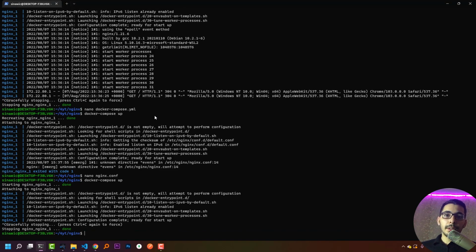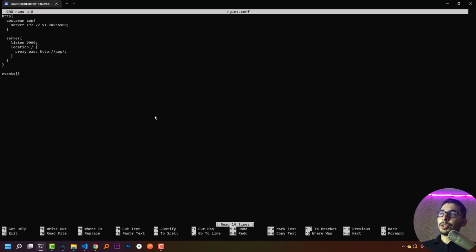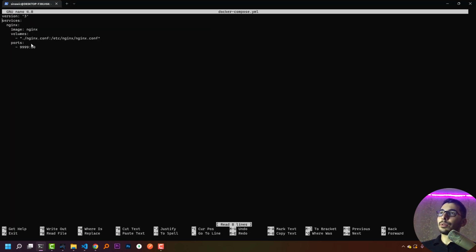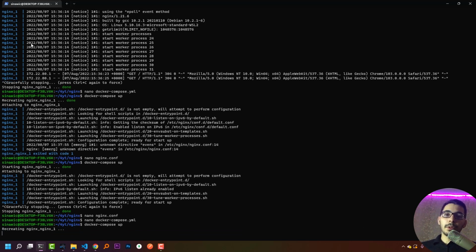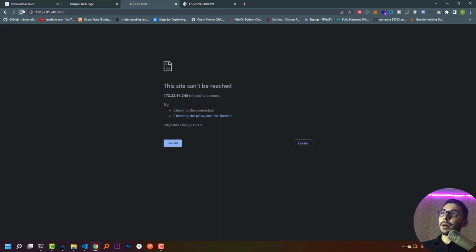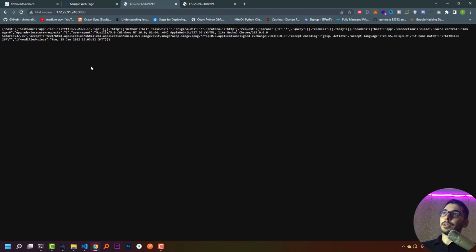I've mapped the 9999 port to the 80 port inside the container, and as in the nginx.conf I added listen on port 9999, I need to update my docker compose file also and map the 9999 to the 9999 inside the container. So this time I hope everything works correctly, and if I refresh, yes, finally I can